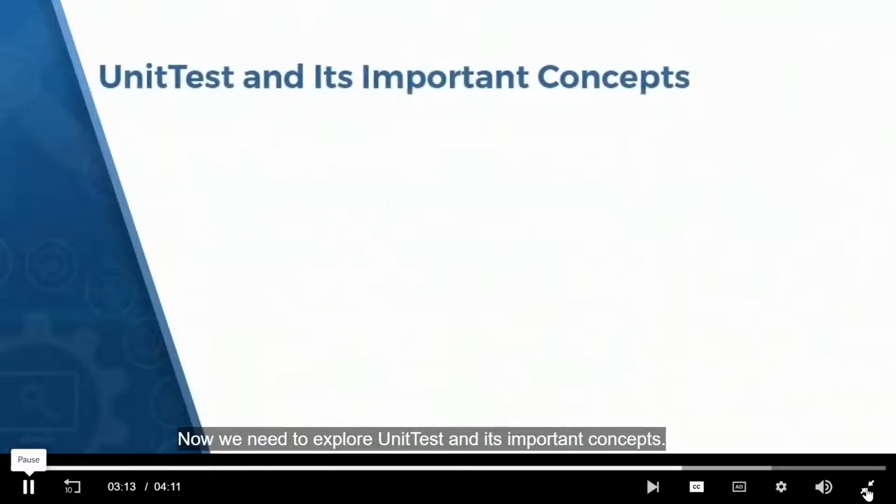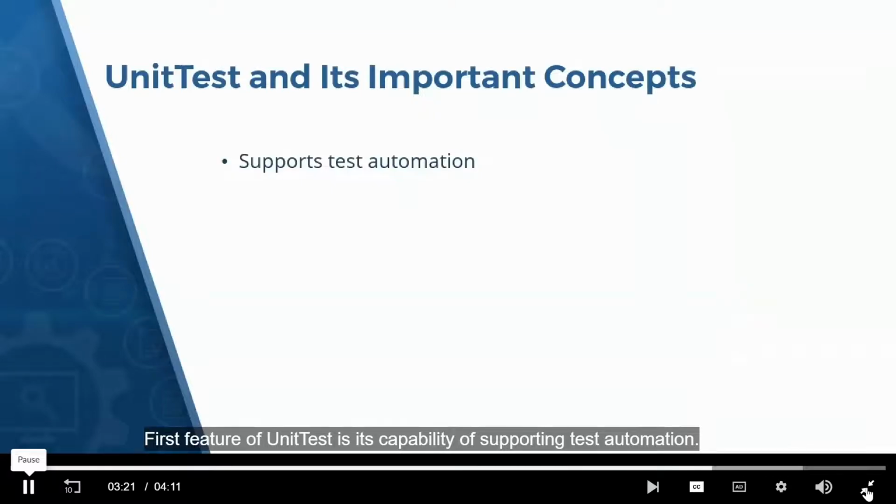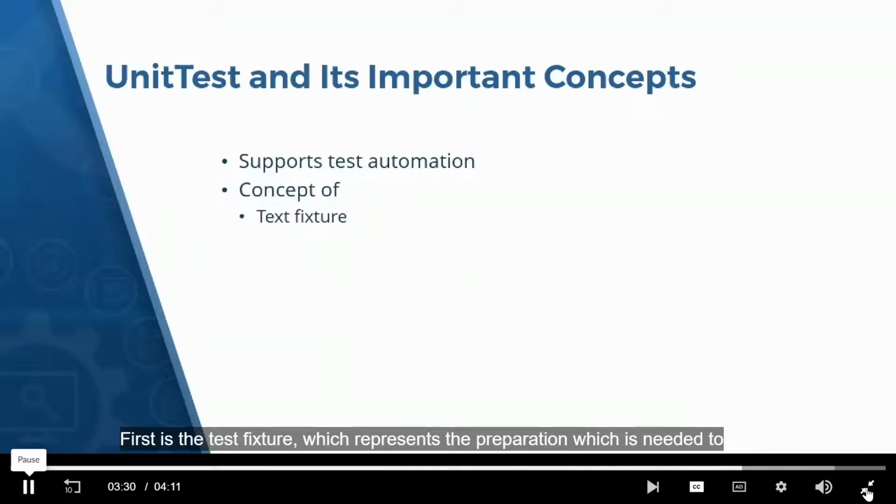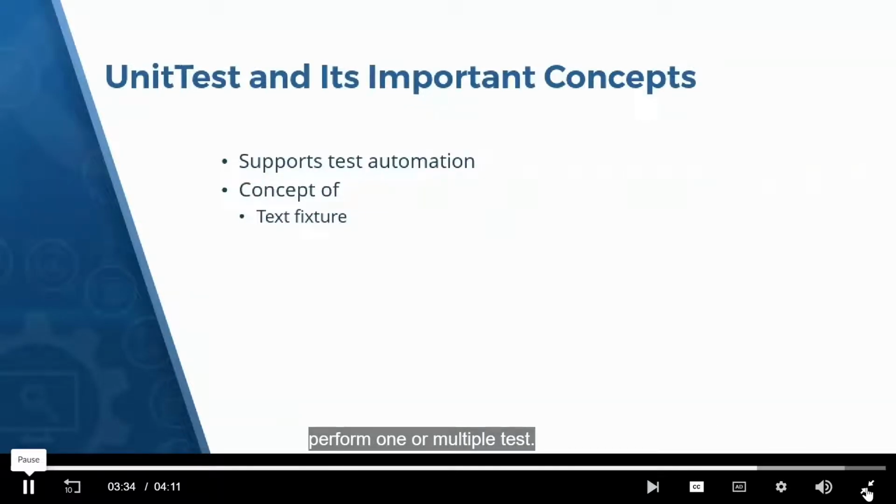Now we need to explore unit test and its important concepts. First feature of unit test is its capability of supporting test automation. And in order to achieve test automation, it will be using various different concepts. First is the test fixture, which represents the preparation which is needed to perform one or multiple tests and any